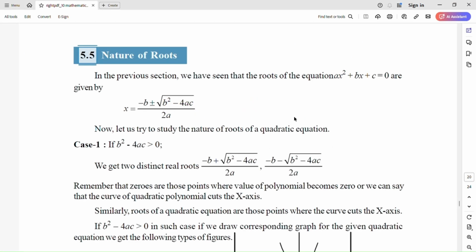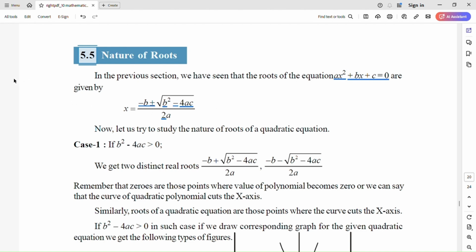Okay, let's see nature of roots next. Nature of the roots. In this section, what we will learn is what type of roots there are, and how they look when represented on the graph. We will learn the properties of this quadratic equation here. In the previous section we have seen the roots of the quadratic equation ax² + bx + c = 0, which are -b plus or minus the square root of b² - 4ac,